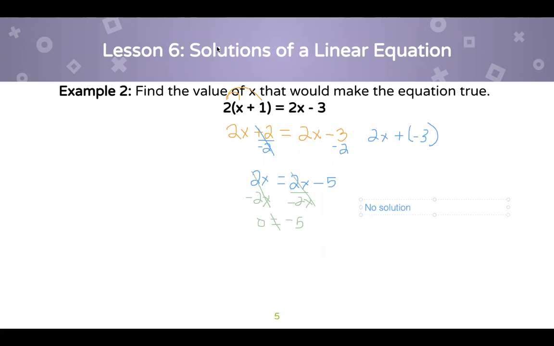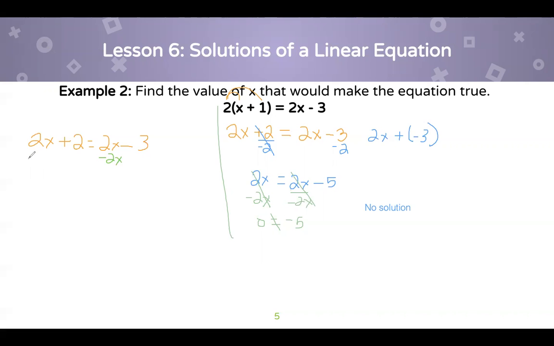I could have done it differently. Some of you that might have paused the video might have done steps a little bit differently. You would have still distributed first to get what I got here in the orange, which was 2x plus 2 equals 2x minus 3. If in the last problem, you decided to move the x first, which is the step I did second in green over here, if you decided to move the x first,